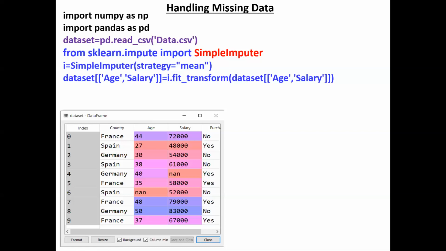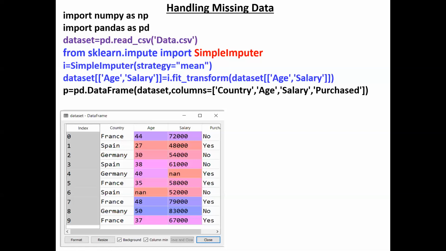Okay. So if we want to modify the blanks with the mean value and save it as a new file, then we use another function. So for that I am writing the next 2 lines. This is the first line. That means P is equal to pd dot DataFrame of data set. Actually, the column names you can also remove, not a problem. That means we are converting it into a data frame, because if we apply some methods or classes the result may or may not be in a data frame format, then after completion of all your tasks, once again you need to convert it into a data frame using the simple syntax.